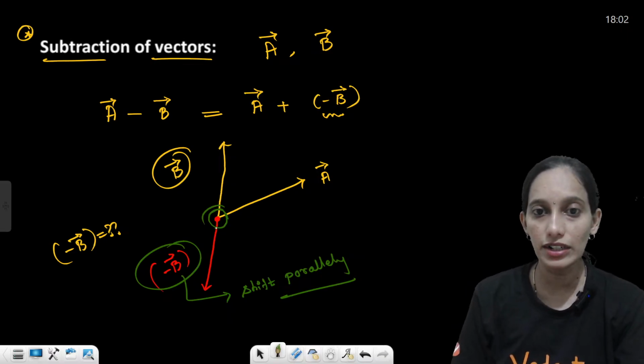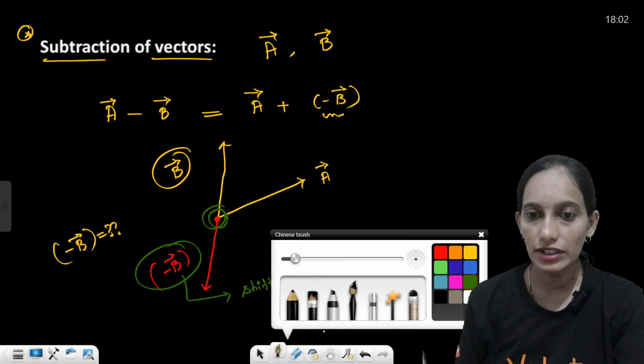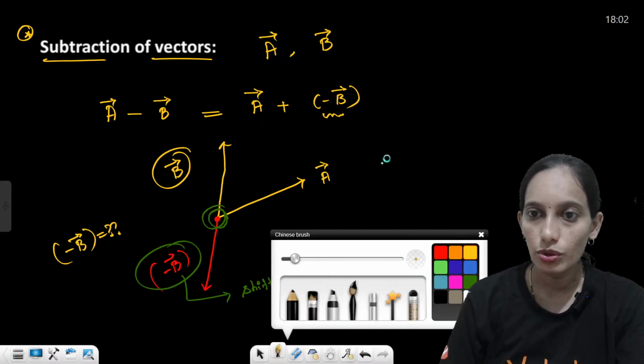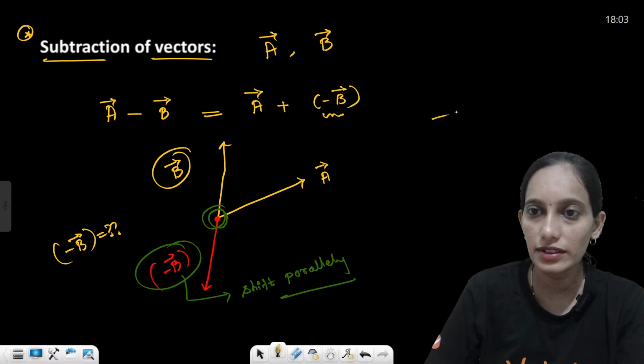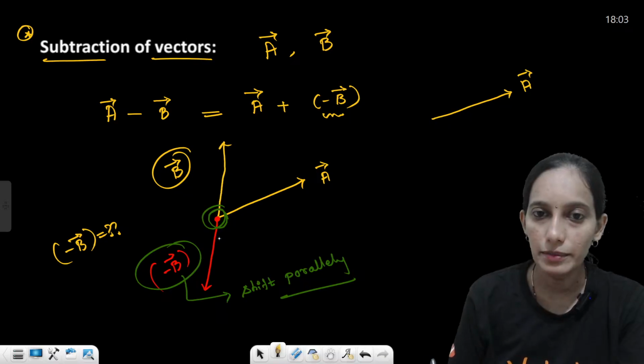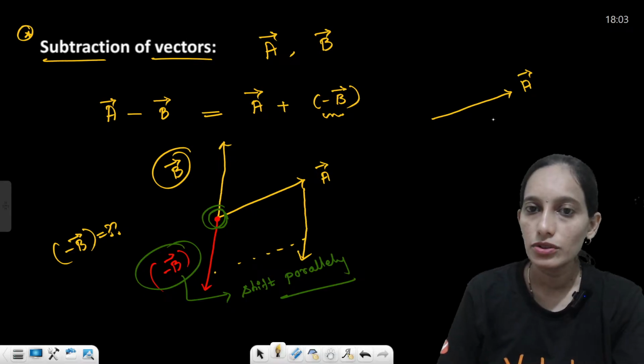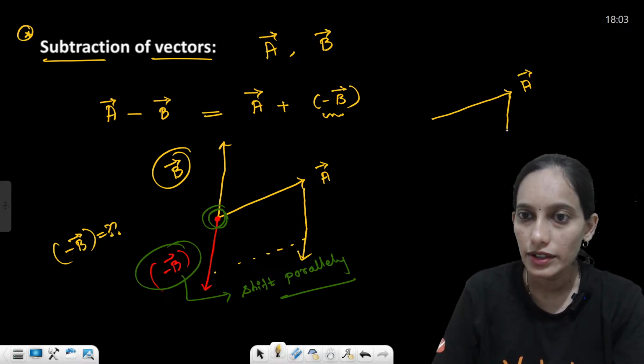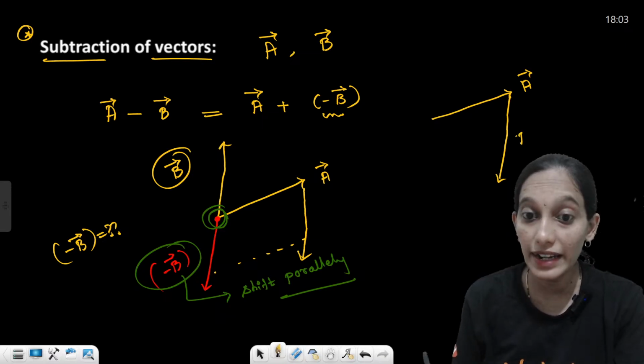Here tail to tail coincide aagide. So what I'll do is just redraw this diagram. So our a vector is in this direction, this is our a vector, okay? So now what we have to do, let us imagine, shift this here, something like this it will come, correct? So it comes something like this, I can say this is my minus b vector,